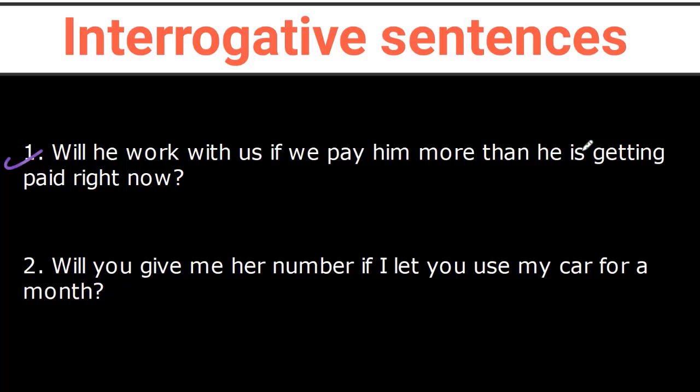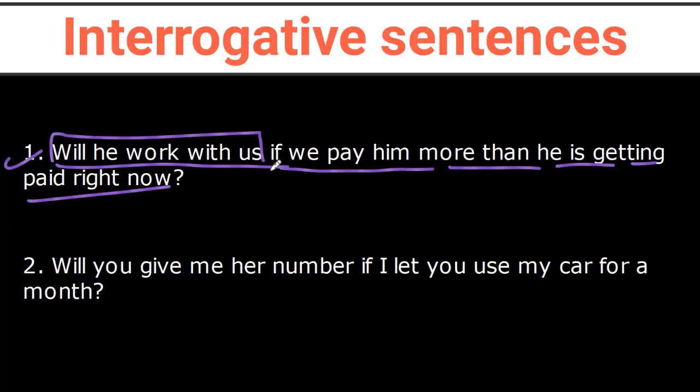So basically, you want him to work with you. And he, I think, doesn't want to because he's not interested in the offer or something else, right? So you lay down a condition which you think will work for him. So you're basically luring the person to get him or her to do something you want. So you lay down the condition: will he work with us, right? Will he do this? This is the result, right? If we pay him more than he is getting paid right now. If we do this,